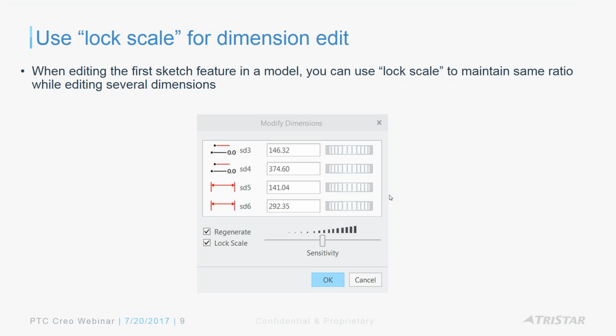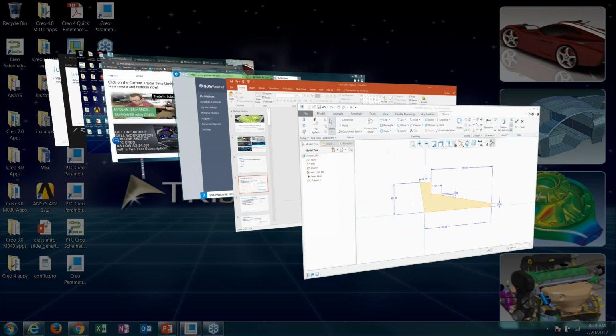And another nice thing about Sketcher is the lock scale, especially when you do your first sketch in Creo, right? It's very handy where it comes up with some huge numbers. That's because of the size of the datum plane, which you can change. But lock scale maintains a proportion of all the other dimensions when you make that first initial change. So, for example,